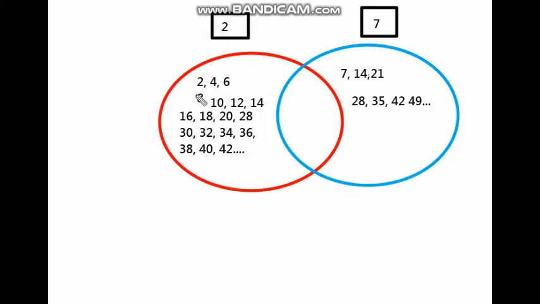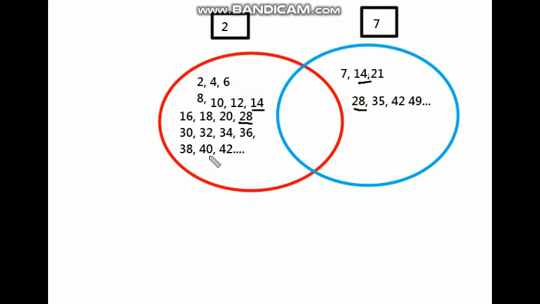So here 2, 4, 6, 8, 10, 12, 14 and here 7, 14. So 14 is coming in both the table of 2 and table of 7. So 14, then here 21, then 28. Yes, 28 is coming in both the tables. 14 2s are 28 and here 7 4s are 28. Then